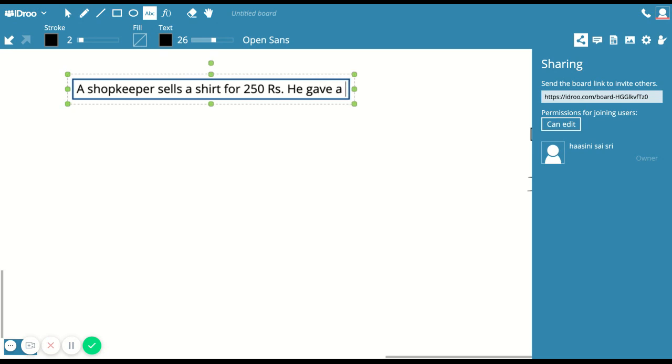He gave a discount of 50 rupees. Right? Now, if I have to find what is the discount percentage,